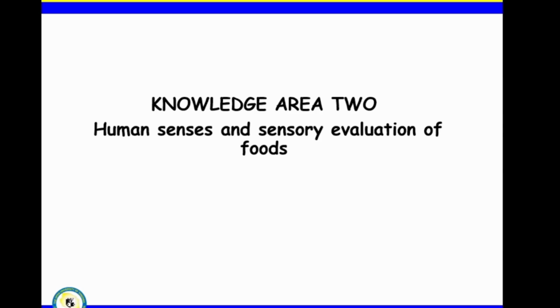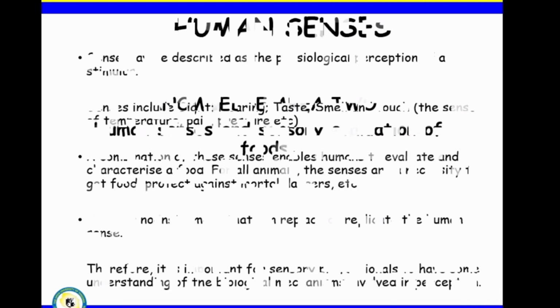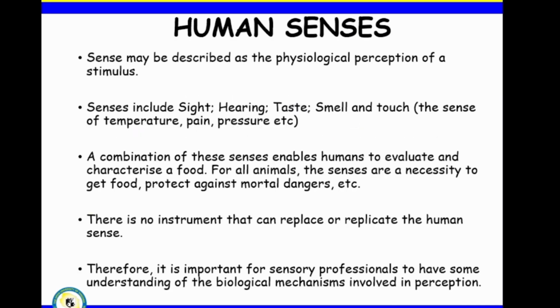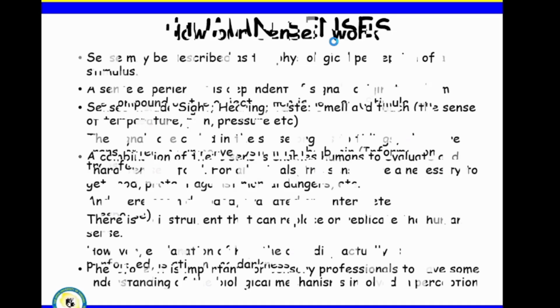Characteristics are like taste, smell, color, whereby that include vision, and texture. So this knowledge area covers the human senses that are involved in the sensory evaluation. The human senses,